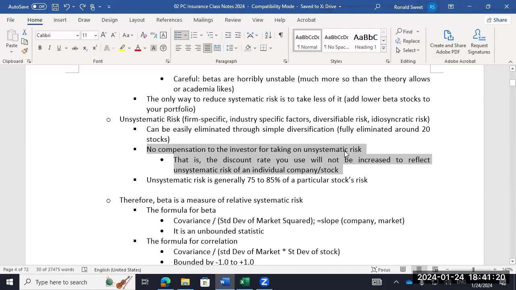Why? If they put all their money in one stock, they're not going to get a very good risk return on that because they're taking massive risk having all their money in one stock. But the market says, hey, that's your fault. You should have put it in a diversified portfolio. You could have eliminated 80% of that risk. Your choice, put all your money in one stock, that's your dangerous thing to do. So unsystematic risk is easily eliminated, so the market does not compensate you for taking this.